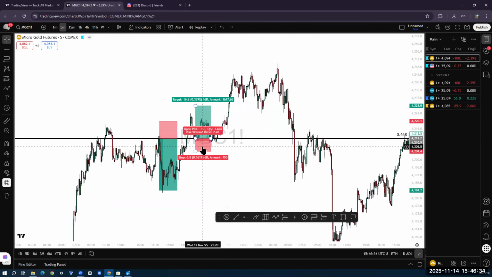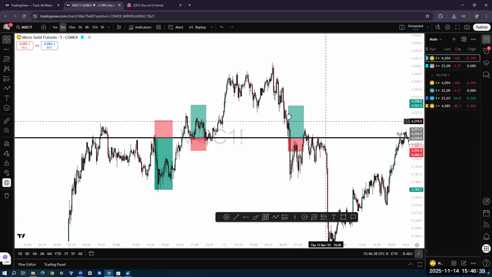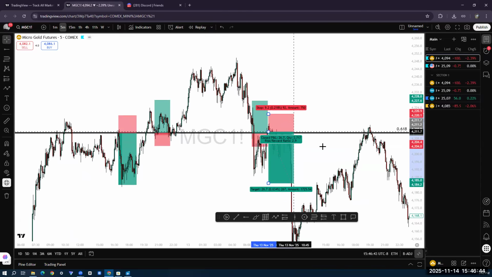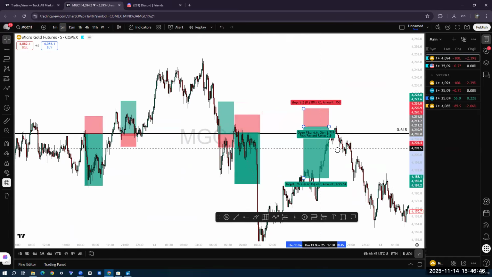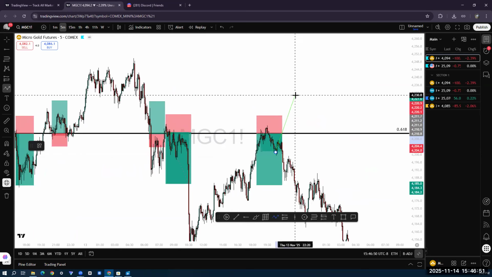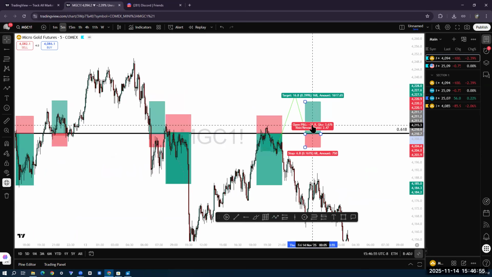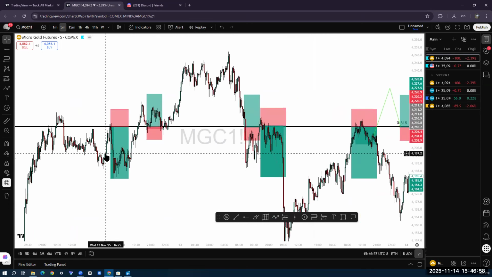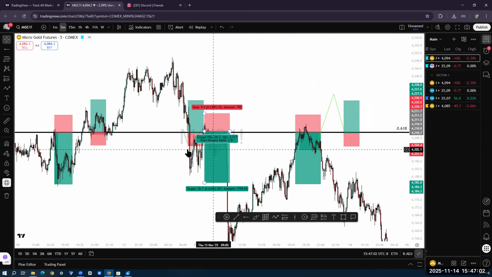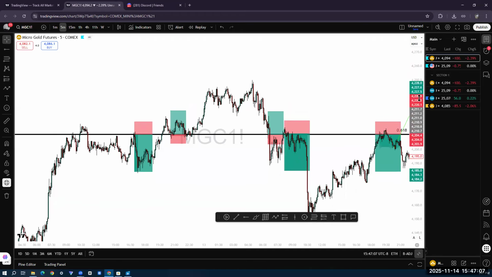Same thing right here. For example, if you try to buy it again, but it hits stop loss and you're like, damn, it hit stop loss, all you're going to do is invert it. Bet, invert price. Bam, TP. Boom, we're going to do it again. Price came right back up. I'm going to take it again. Boom, TP. If this trade would have lost and instead price went up and started to come down, I'm going to buy it. Boom, TP. You see what I'm saying? Just off of right here, I hit TP one, two, three, four times and hit stop loss one, two times. So you can trade it just like this if you really wanted to.